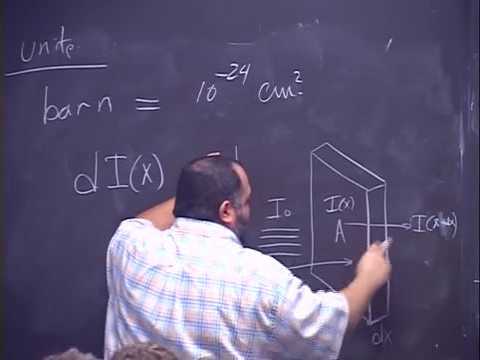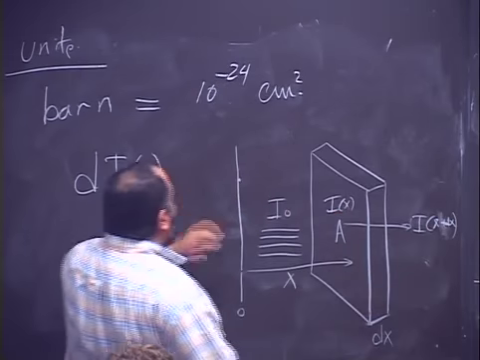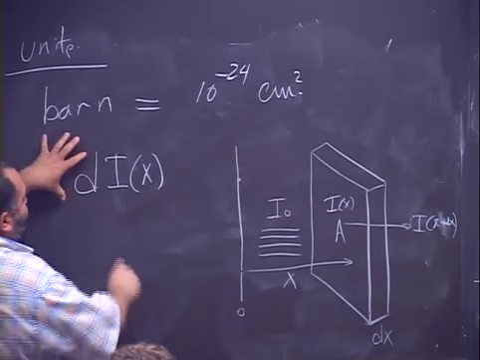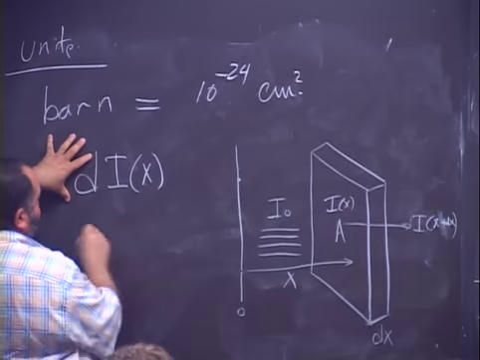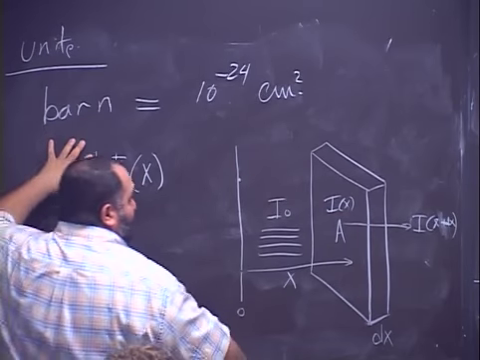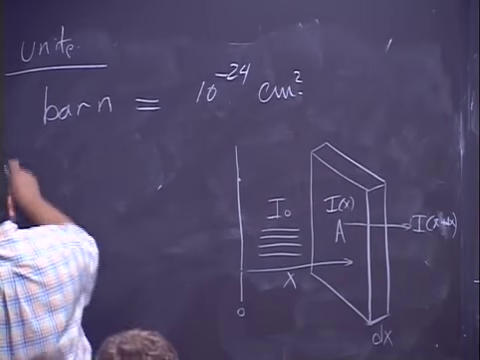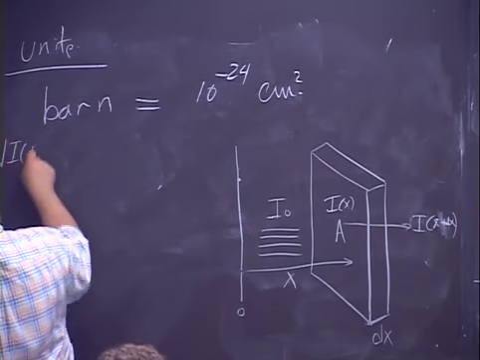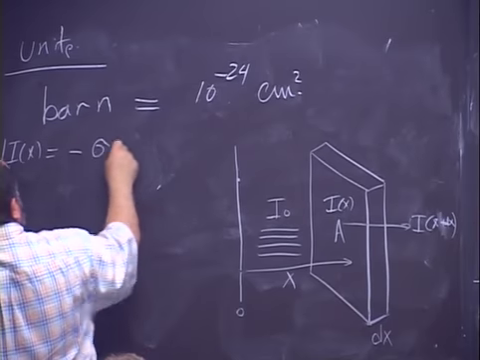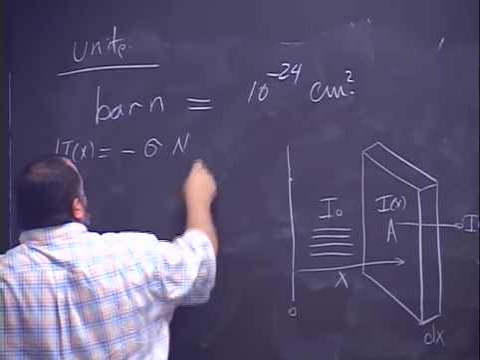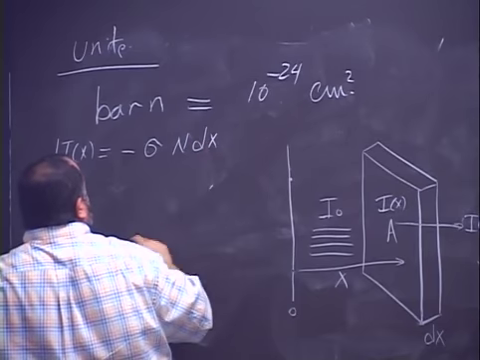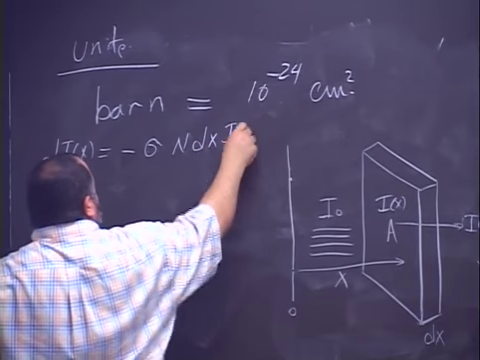So I of x and I of x plus delta x. So you will see that dI of x is just equal to, from this equation, dI of x equal to negative sigma multiplied by n multiplied by dx multiplied by I